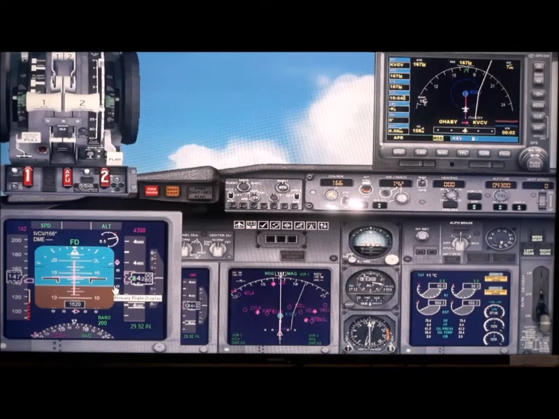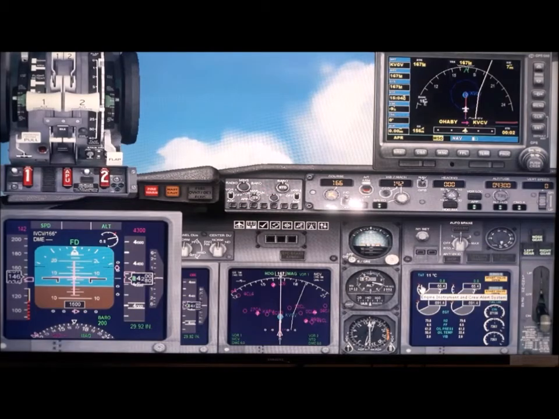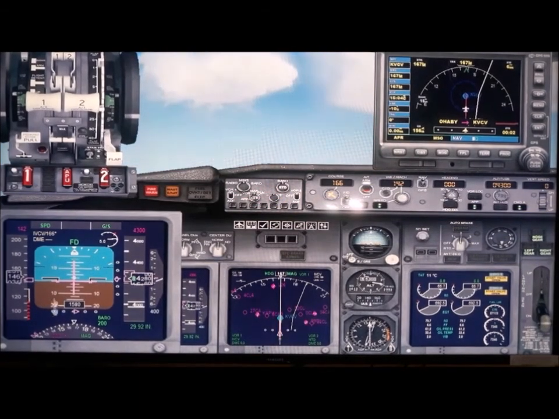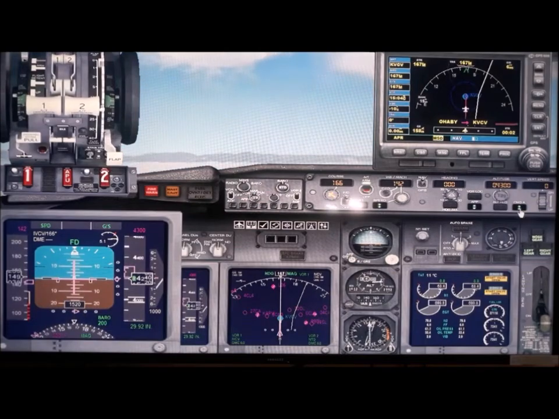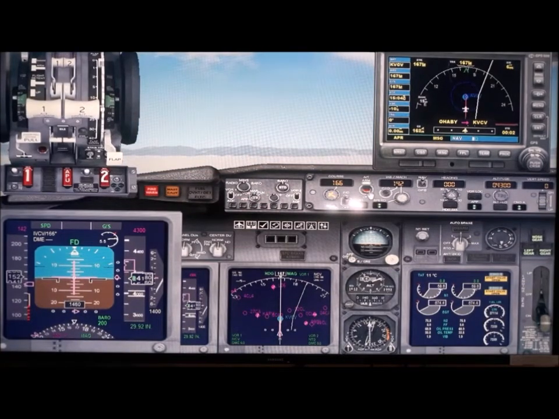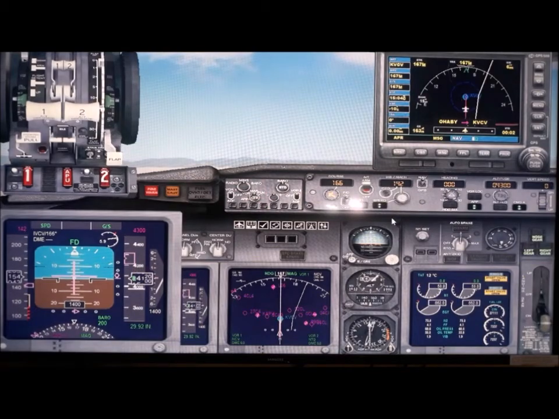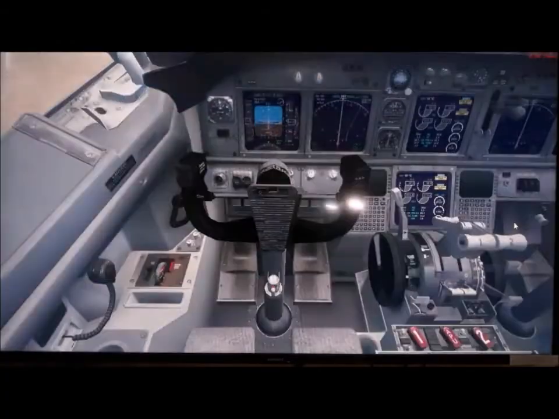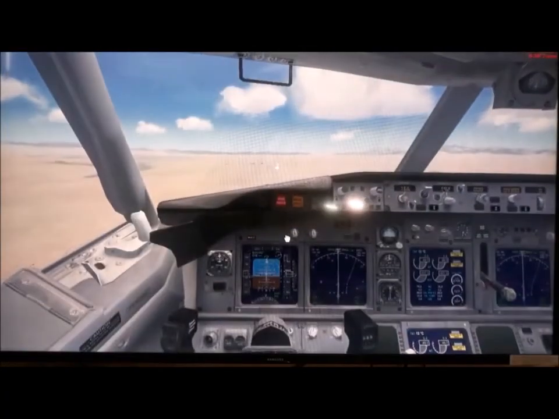Now we will move to the cockpit view. Now again I repeat, around 200 feet. Because actually two people are flying the plane. One, the first officer will read out, maybe the captain will fly. So the readout has to be done by a different individual. But here we are trying to do everything. So at 200 feet, I will cut off the autopilot. Then I will cut off the auto throttle just before touchdown or at the touchdown. Now let us go to the cockpit view and see from there what's happening.